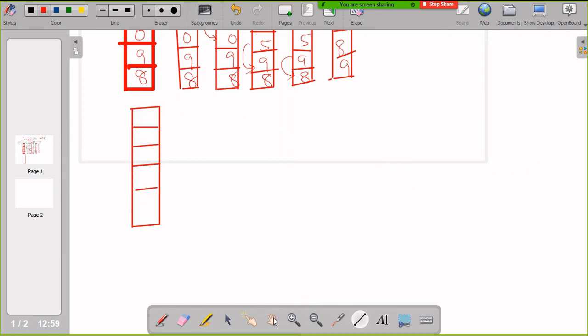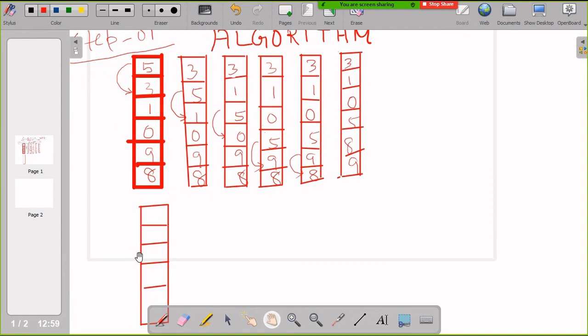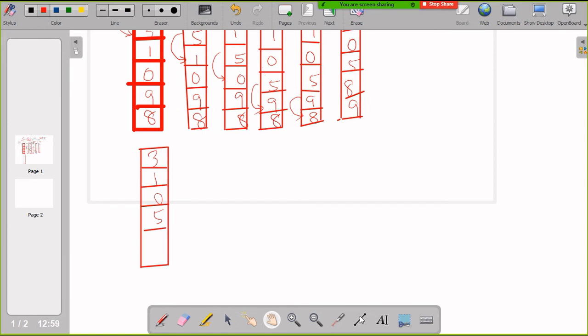So the sorted elements are like this: 3, 1, 0, 5, 8, 9. Now in step 2 we will continue with this same process.